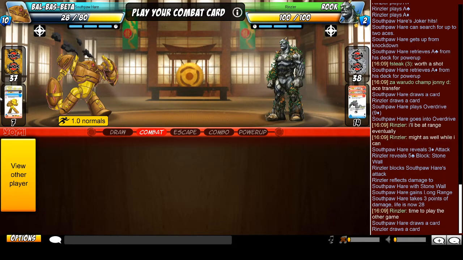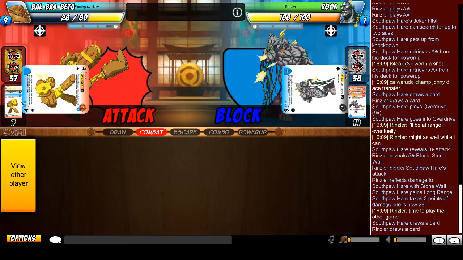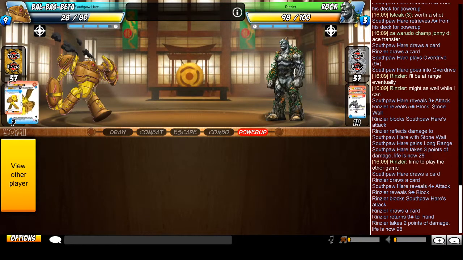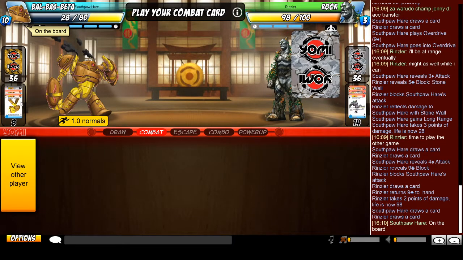So SouthpawHare got 10 cards. Rinzler only got 2. Now he's got to navigate whatever potential BB face guards he might have. K-Tro is good for BB to stop special blocks. Otherwise, you just queue for the 13 chip. BB normals all do two chip. Not a perfect, 1.0 is very safe, but it's not